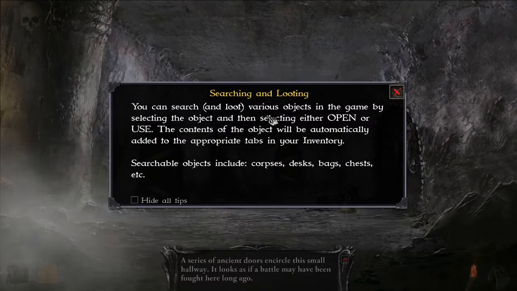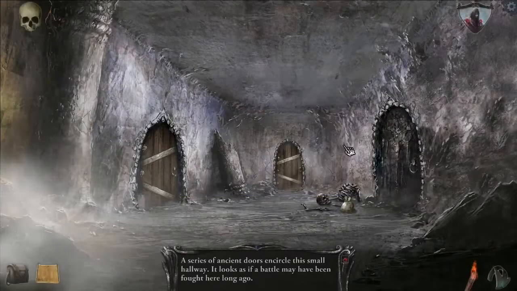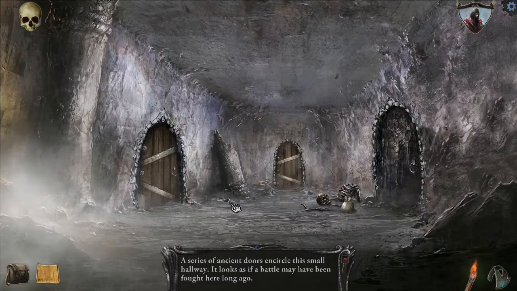Searching and looting. You can search and loot various objects in the game by selecting the object and selecting open or use. Searchable objects include corpses, desks, bags, chests, etc. That's like I had done on the body in the previous room. And if you want to see which objects in a room are interactable, use the Show Objects key, F2 by default, and the objects will pulse. So yeah, the cheat key. Played plenty of games where you had to just pan around and see what would...